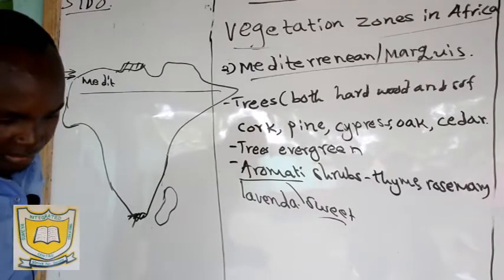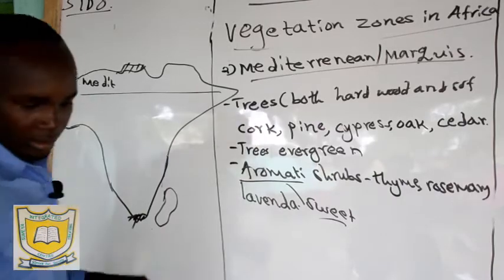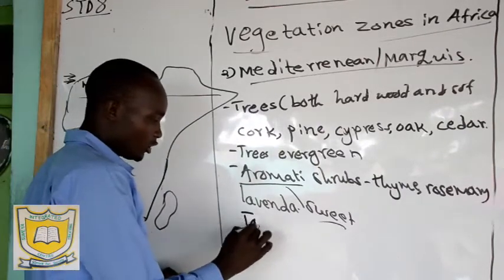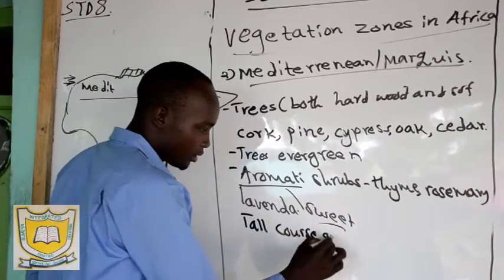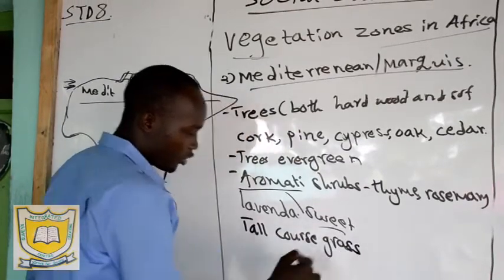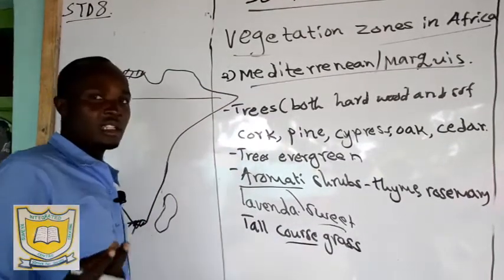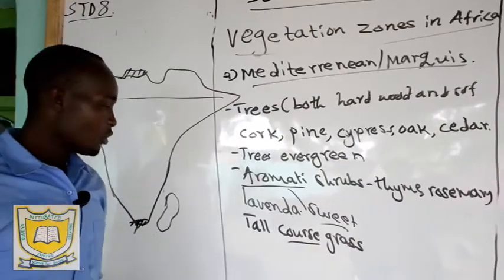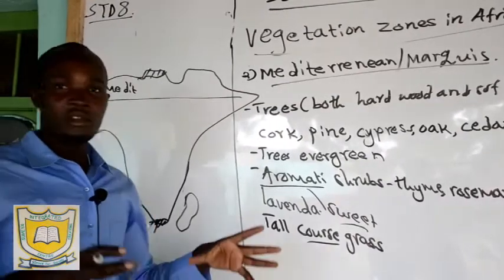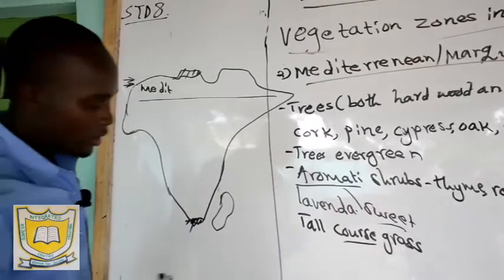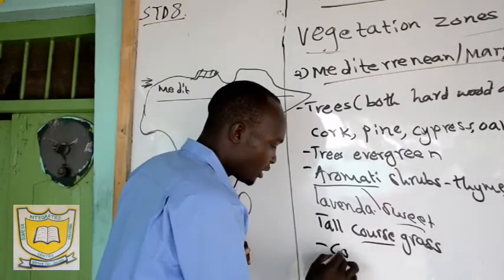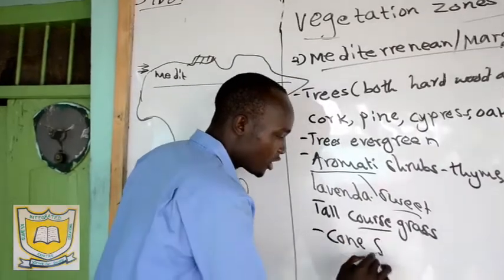And then we have also tall, coarse grass. Coarse means something that is rough. So when you move to this forest, you find very tall grass that is also coarse. Then these forests have cone-shaped